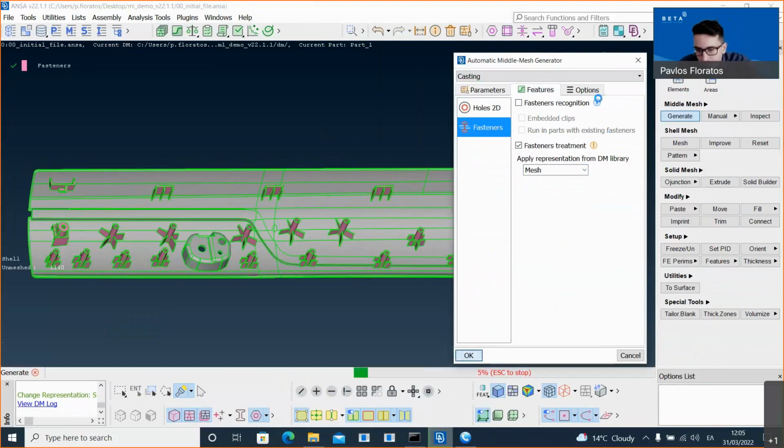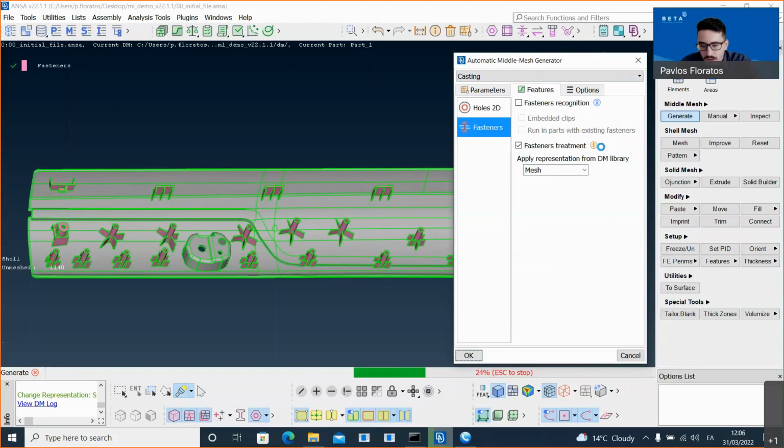So the first category of the options of the fasteners group is about recognition. The same option that we had in Feature Manager about recognizing fasteners can also be done through casting. But as long as I have already recognized them, I don't need to recognize them again. This is why I didn't use this option.